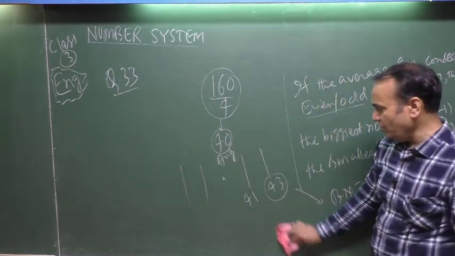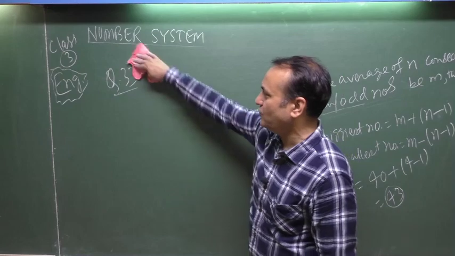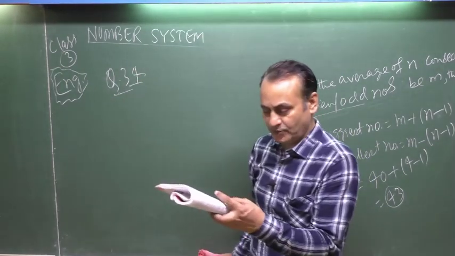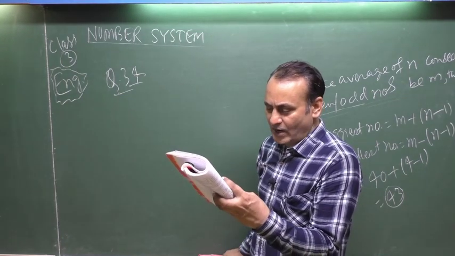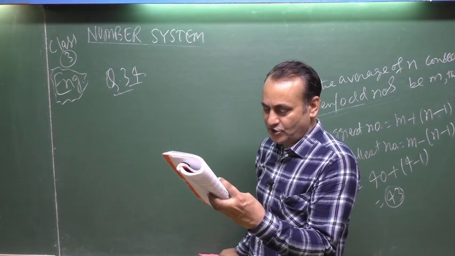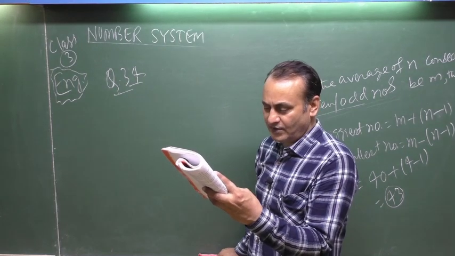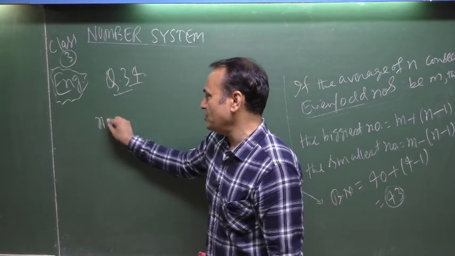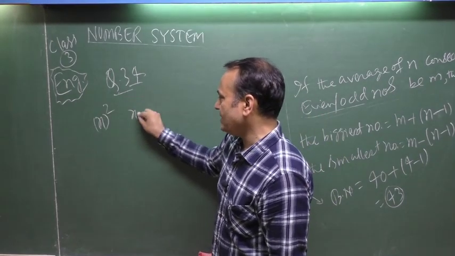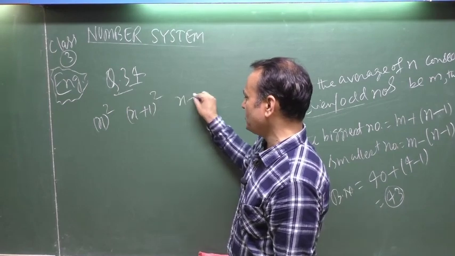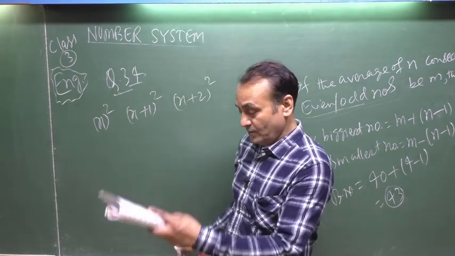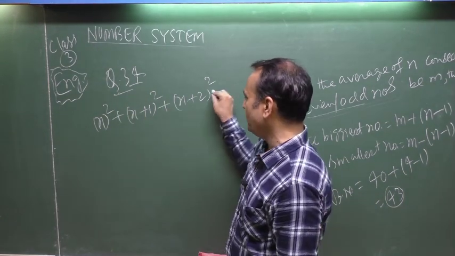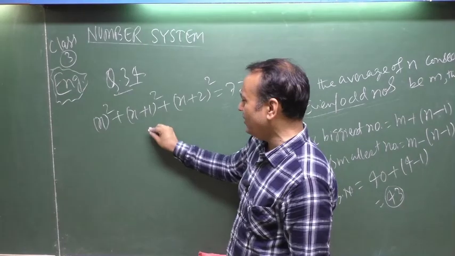Just come to another question, question number 34 of the same type. A bit of change in the question here. 34. The sum of squares of 3 consecutive natural numbers is 770. What is the smallest number? Just see the basic. Firstly, x, x plus 1, x plus 2. The sum of squares of 3 natural numbers is 770. You have to find out after calculation